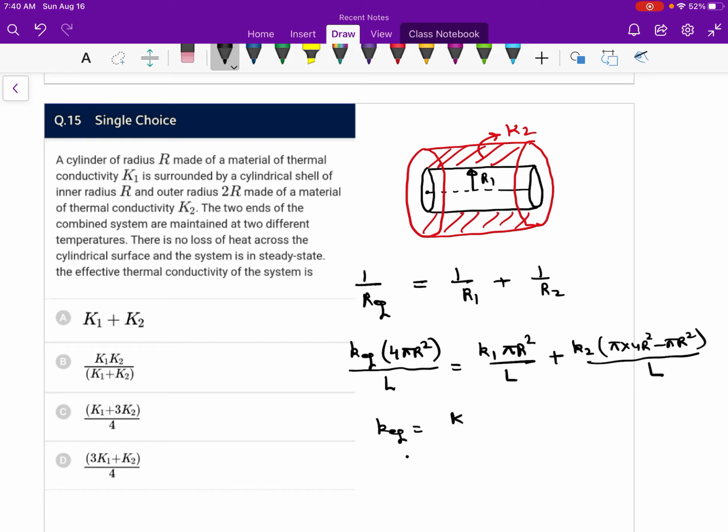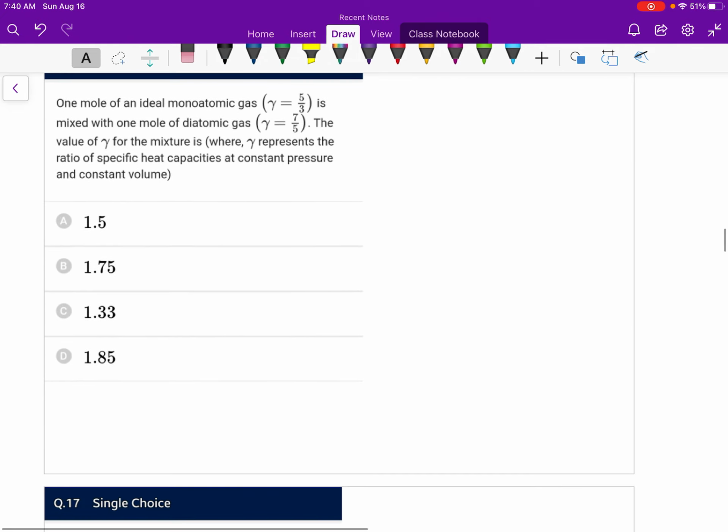So K effective is K1 plus 3K2 by 4. So K1 plus 3K2 by 4, C is the correct option. One mole of monoatomic gas gamma with diatomic gas gamma, the gamma for the mixture is, okay, so gamma is